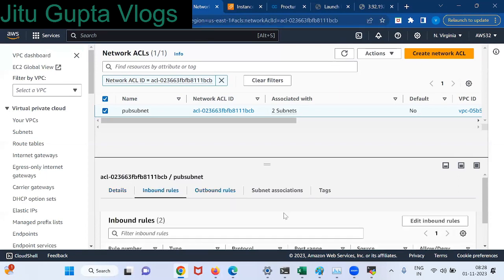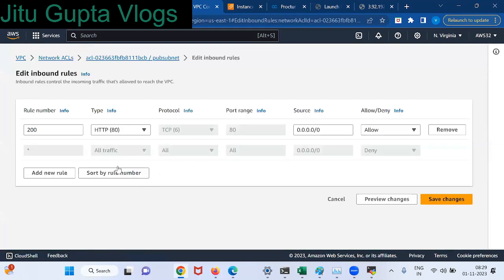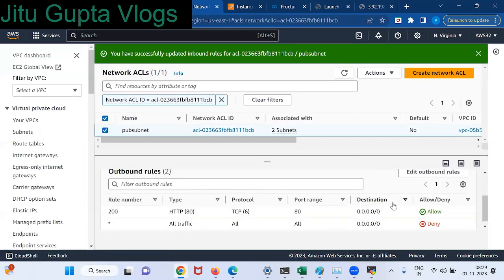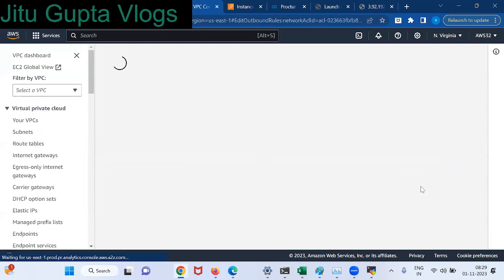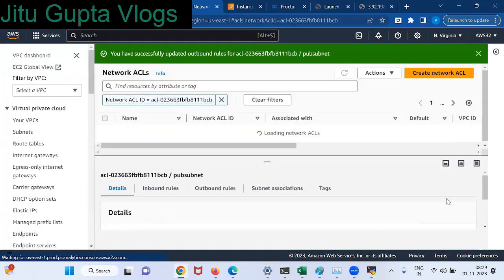Go to inbound rules. Edit inbound rules. HTTP 80, 200 allow, otherwise give 100. It will work with 200 also. Save changes. Outbound, 100, allow, save changes.